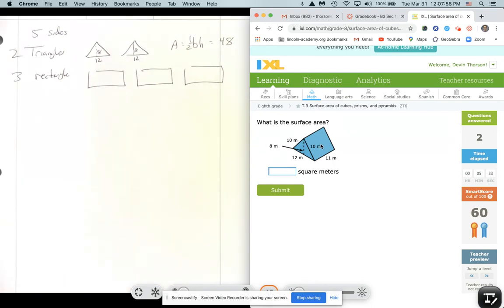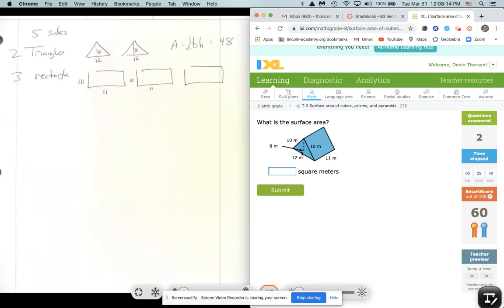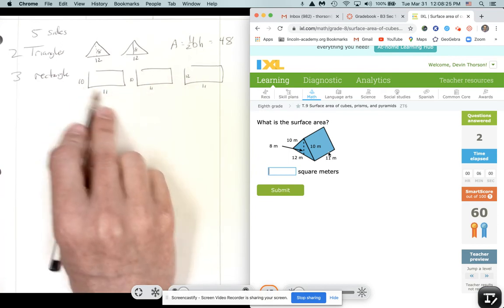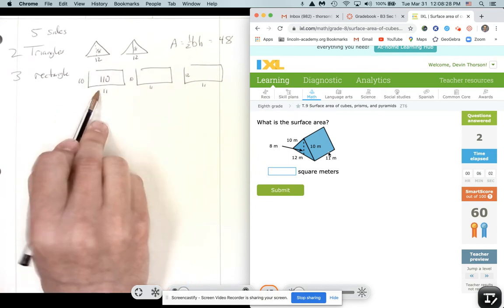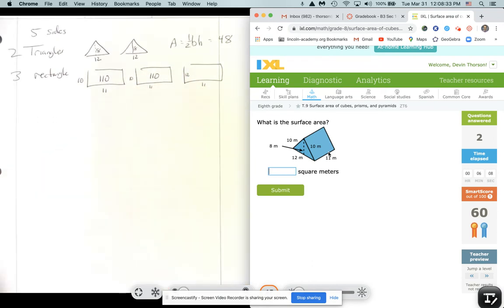The rectangles: the one on the right here has a width of 10 and a length of 11, so 10 by 11. The one on the left also has a width of 10 and a length of 11, so another 10 by 11. And the bottom, the base of the tent, is a little different. It's 12 by 11. So now I'm going to find the area of each of these. The area of this one will be 110 because that's 10 times 11. 10 times 11 is also 110. And 12 times 11 is, if I remember right,